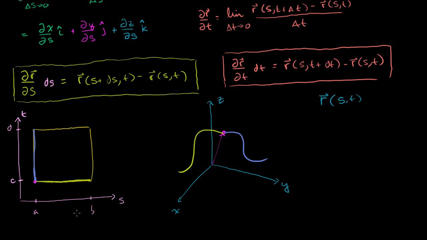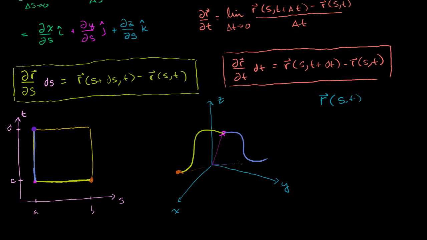I'm just trying to show you an example. So this point right here would correspond to that point right there. When you put it into the vector valued function r, you would get a vector that points to that point, just like that. And this point right here in purple, when you evaluate r of s and t, it'll give you